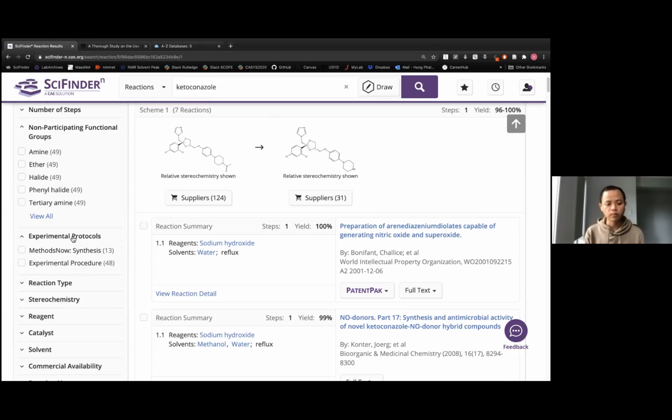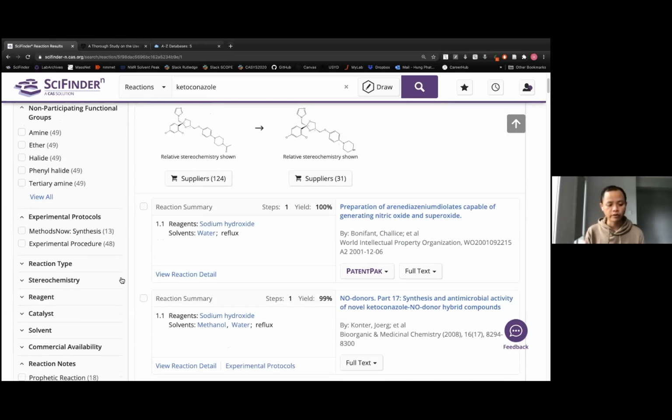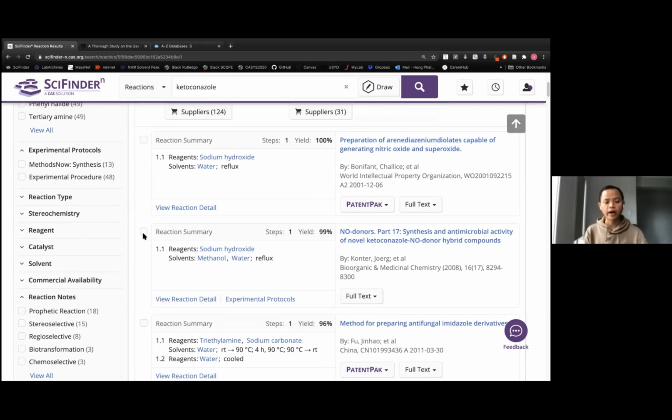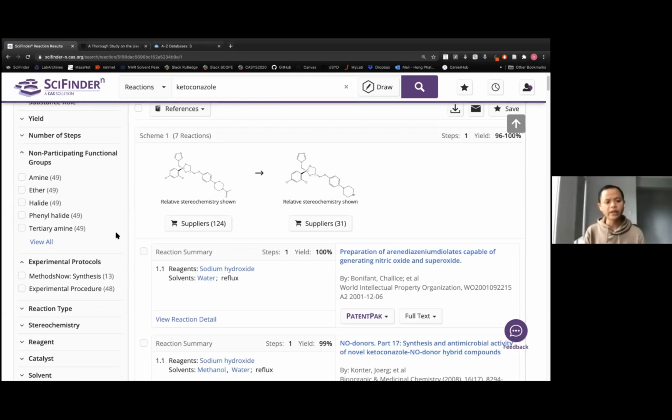We also have experimental protocols, and we also have reaction notes here as well. And obviously, there's all of the other filters, and feel free to, when you need to do your search, just try it out yourself as well and see what you come up with. Now, the first one,